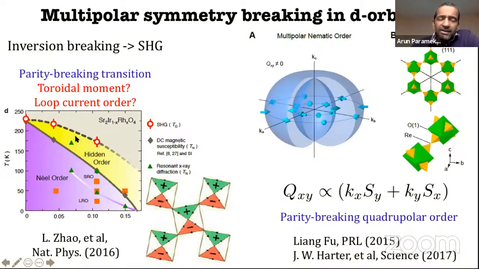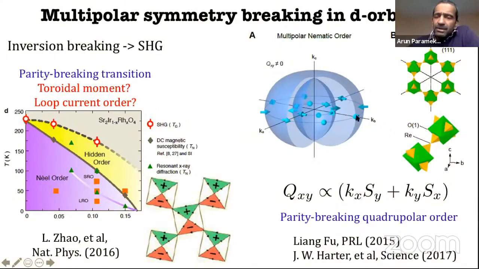detected using second harmonic generation. Although there is some debate on exactly what it is. This is experiments from David Hsieh's group at Caltech doing nonlinear optics, but there is not a very clear idea of what this transition is. They had some proposal, but I think they're revisiting exactly what this phase is supposed to be. But they detect some sign of a transition through optics here. A somewhat more,